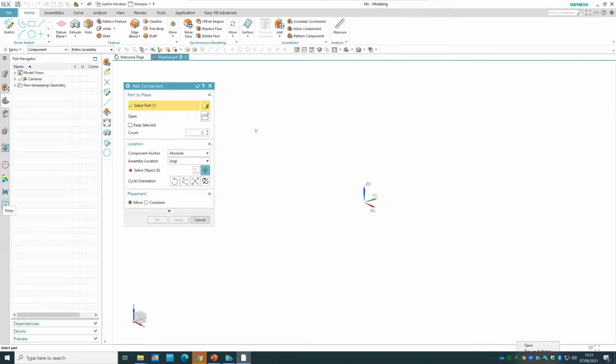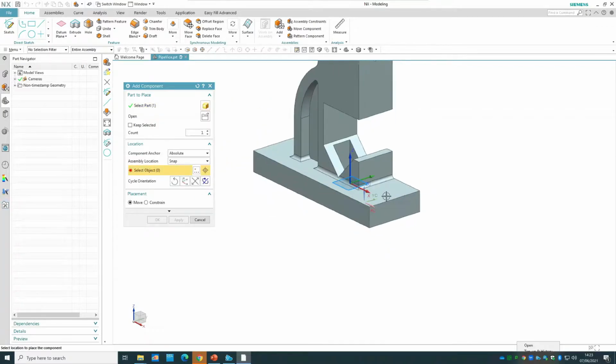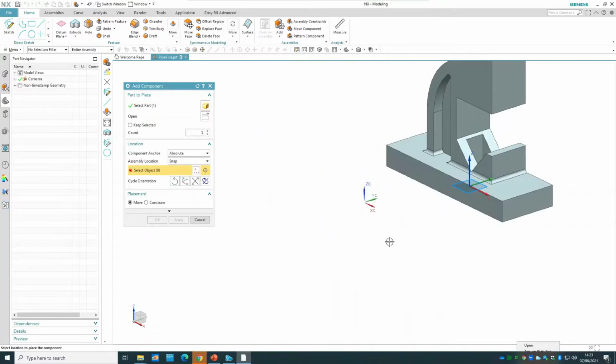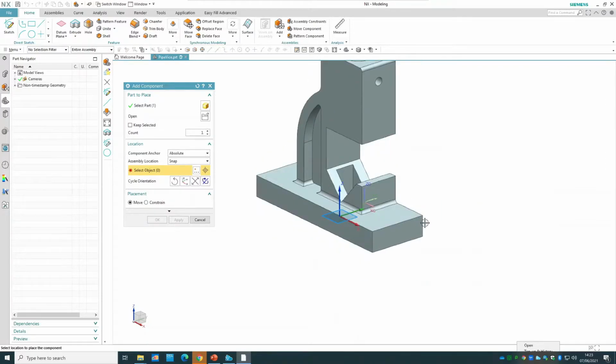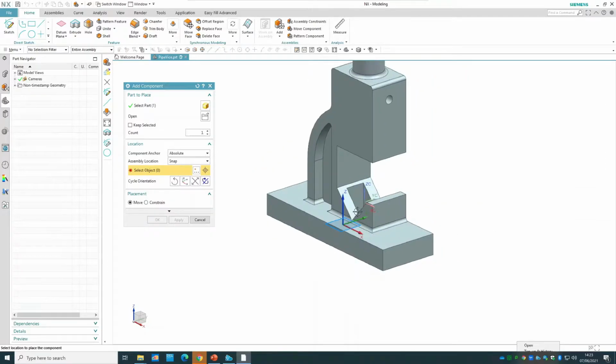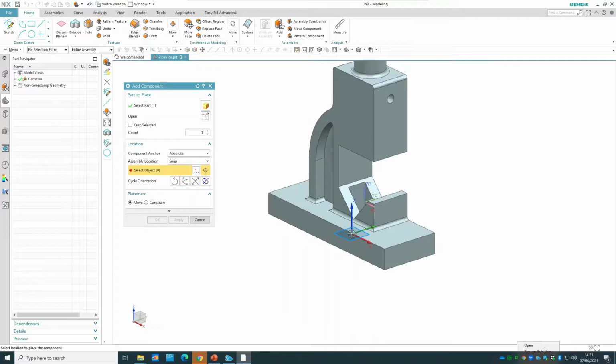It might take a few seconds to load, but it's okay. And once it's ticked, sometimes you see visualization of it. If not, make sure you come here and click on the select object, then it will appear. So now I can move around the first component that I imported, and I can pick it up wherever I want. So let's leave it there,